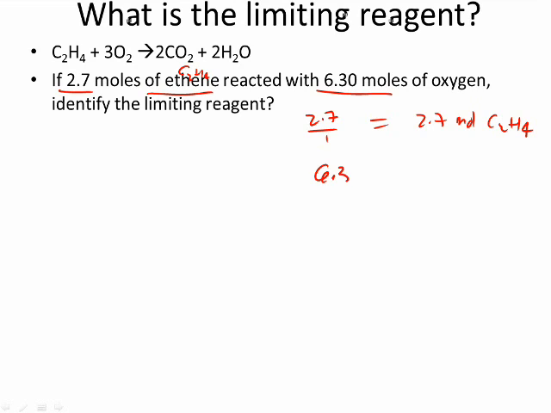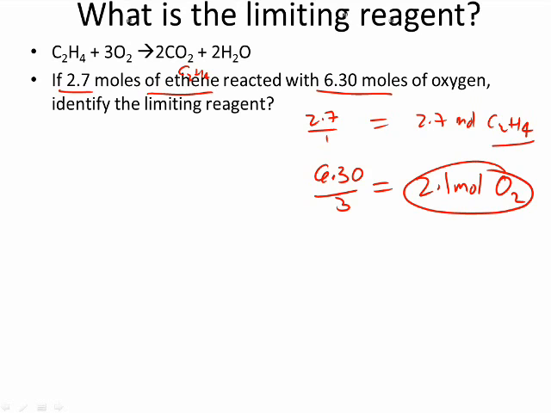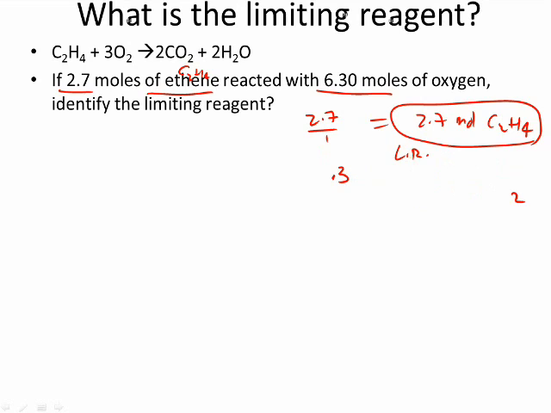And then there's a 6.3 ratio to 3, which equals 2.1 moles of oxygen. And this is the smaller amount, so that will be the limiting reagent. You can just look at the equation and do that if you wish, but I'm going to go ahead and show you